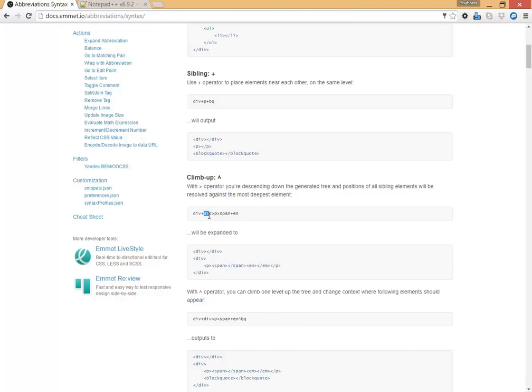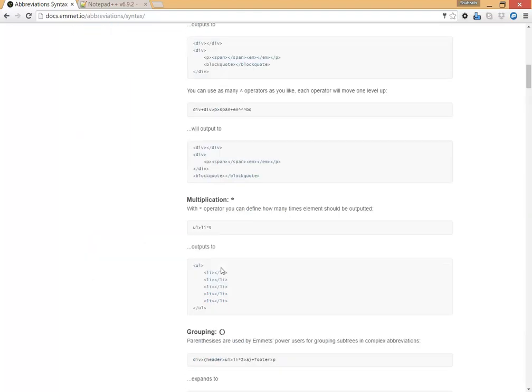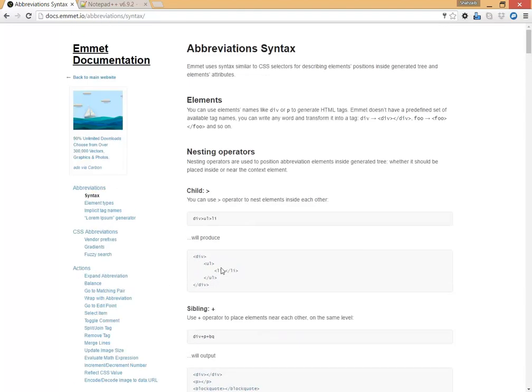But when we do this div, then inside this div, because this option is actually the child, this sibling is actually inside the p, so it's inside that div, and then another child which is a span. Then the emphasized text is actually not the child of the span, but a sibling. So this is a span and this is an em, so both are siblings. How easy it is. In the same way, if you just simply put the exclamatory sign, it should create